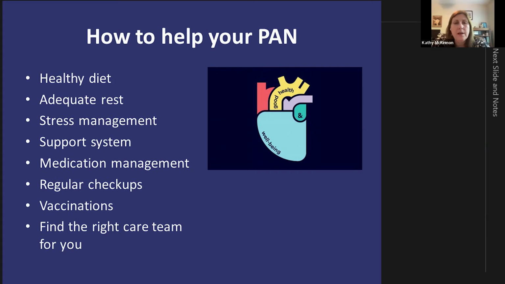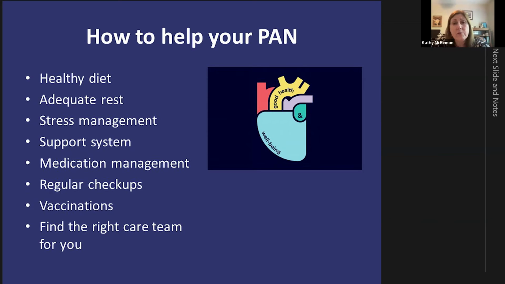Healthy diet also is antioxidant, anti-inflammatory, good for you, good for your heart in general, good for your disease. Not getting adequate rest puts additional stress on your body, and as many of you with autoimmune diseases know, that stress is bad for your disease. People oftentimes have more disease activity and more flares when they're under stress. So getting adequate rest, decreasing that stress on the body is important for good health, which also alludes to stress management, which is perhaps even harder than taking medications a lot of the time, but is important in disease management.